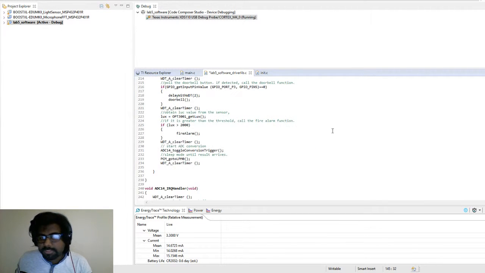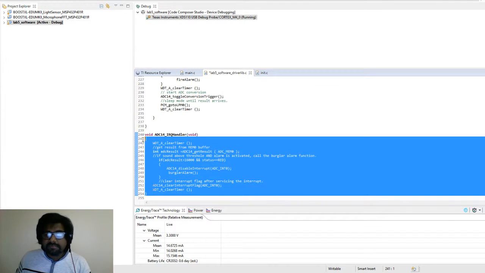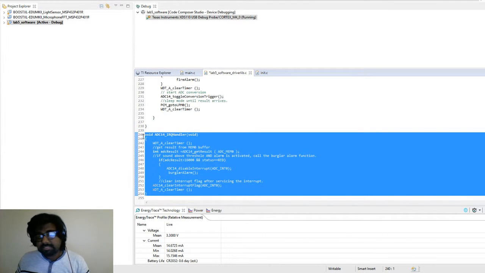And also one more thing which added to the complexity was the ADC interrupt. This was the only thing which had to be an interrupt because it made no sense for the ADC to not be an interrupt. So that alone had to be an interrupt, and I had to incorporate it into the rest of my code, which is not at all interrupt based.